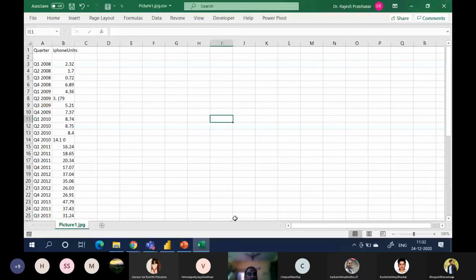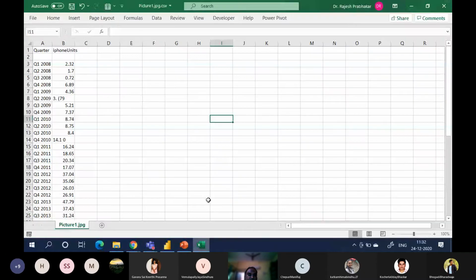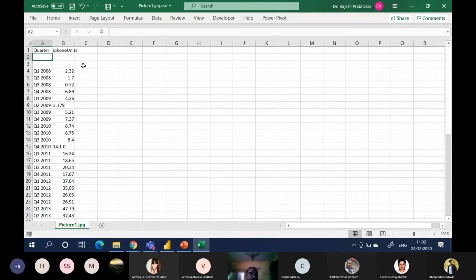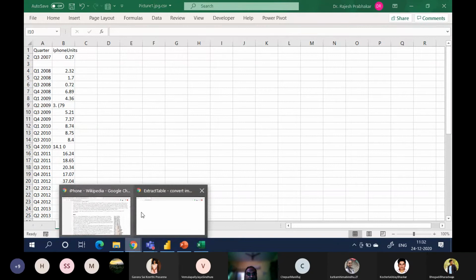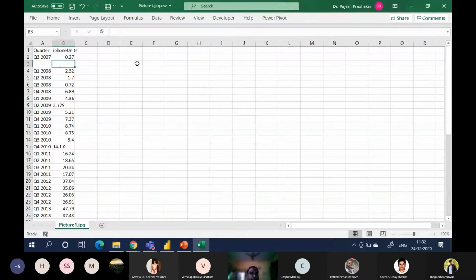We didn't get 2007 data, right? 2007 Q3 Q4, 0.27 and 1.12. Q3 2007 is 0.27, and Q4 2007 is 1.12.